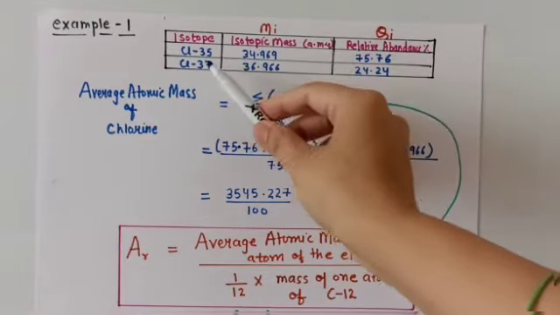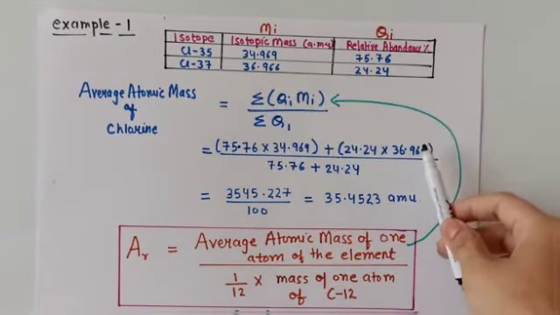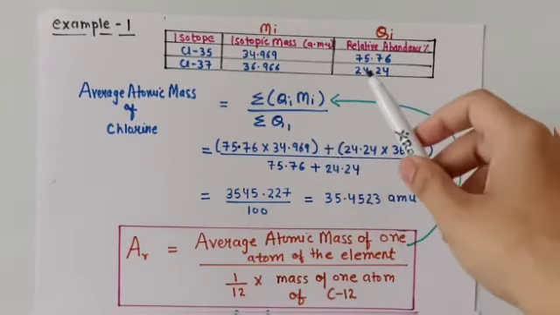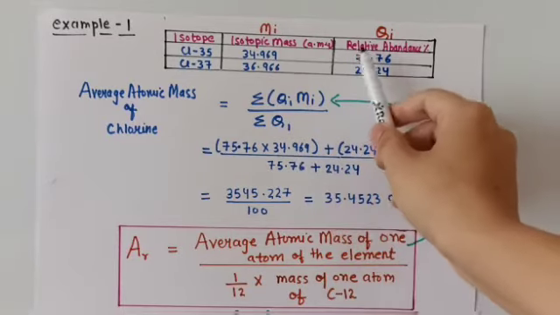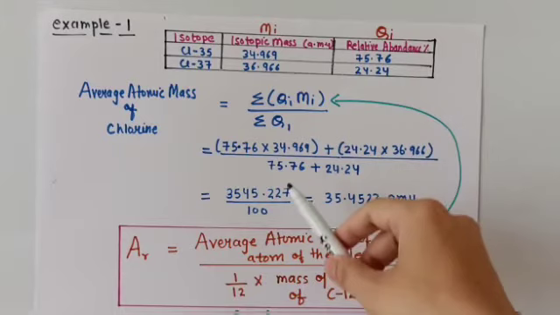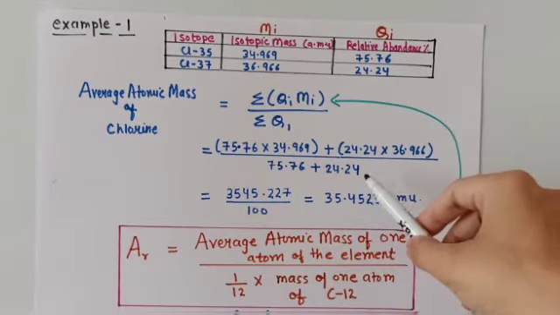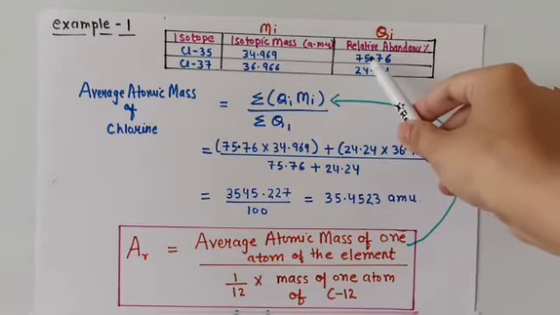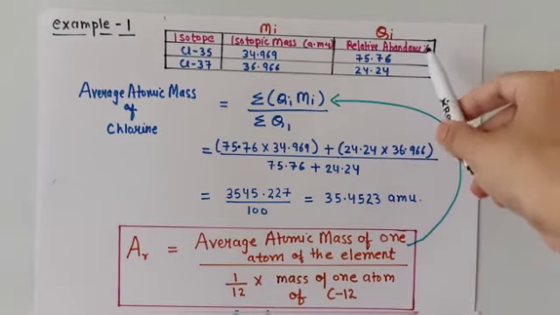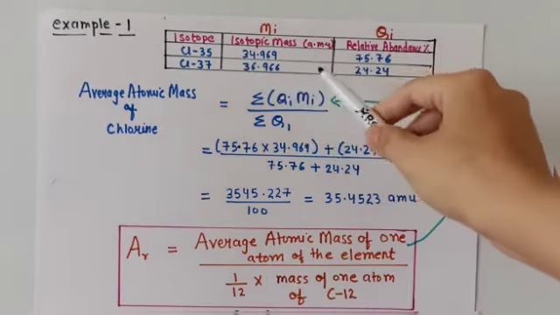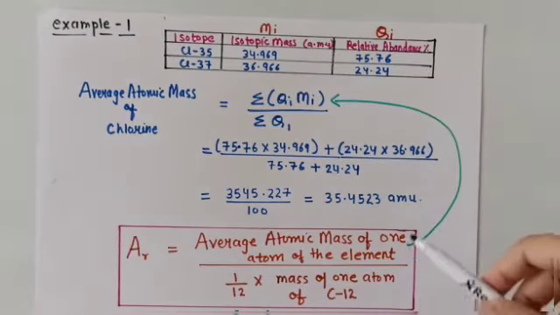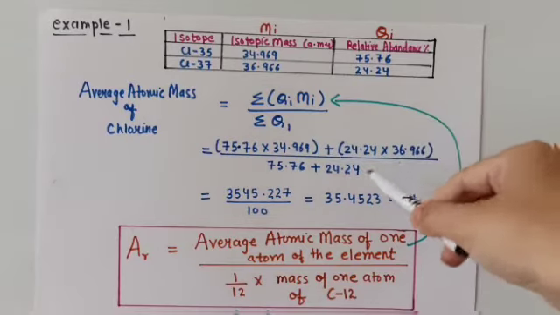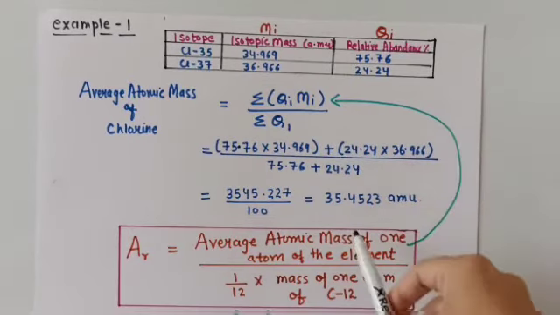Isotopic mass of chlorine 37 is 36.966, and you have to divide it by the summation of Qi. Summation of Qi, that is 75.76 and 24.24. It will always come out to be 100 because you have taken the percentage. Out of 100, the percentage of Cl35 is 75.76, and out of 100, the percentage of Cl37 is 24.24. By solving this with the help of a calculator or by yourself, the answer will be